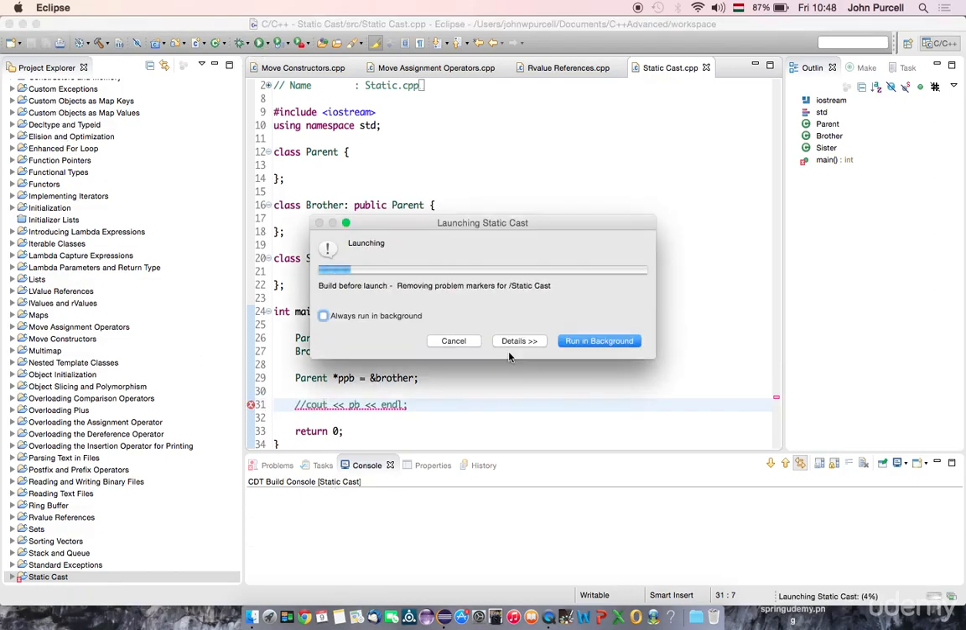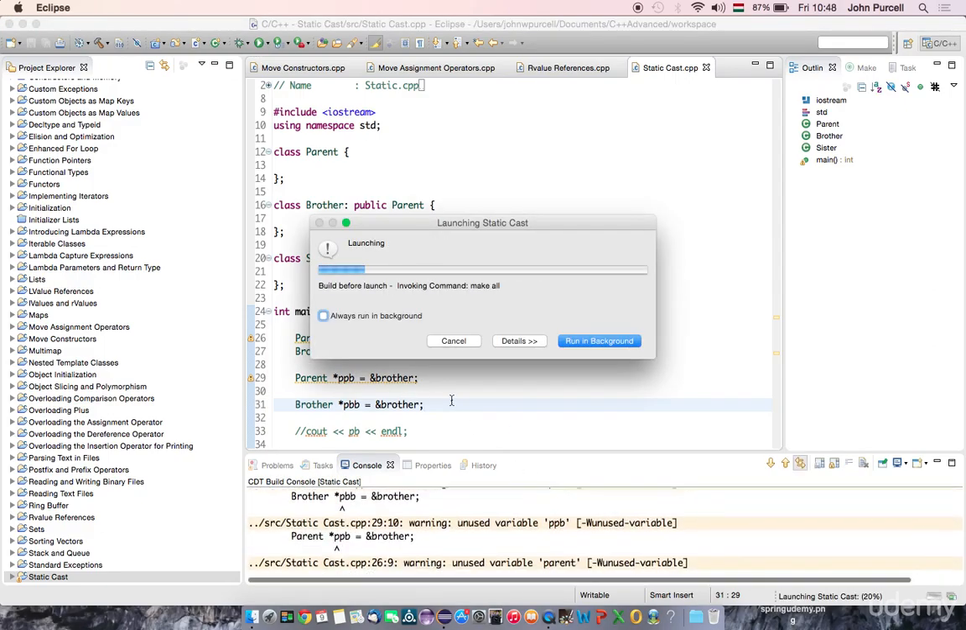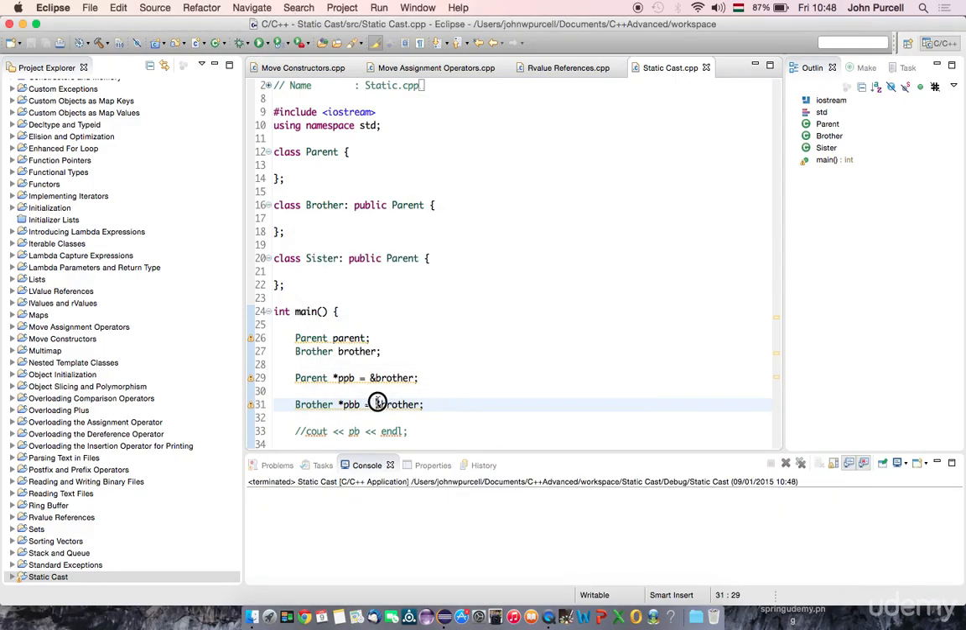So that's going to work. And we could have now, let's say we've got a brother pointer, and let's call this pointer brother. So this is a pointer of the brother type, which we're intending to point at a brother object. So obviously we can do this straightforwardly using the pointer,